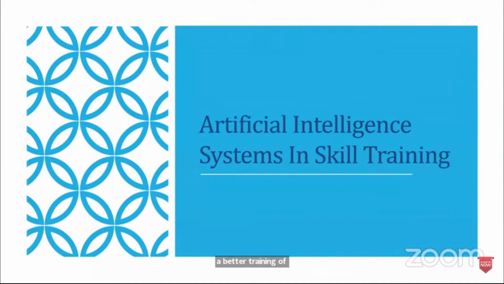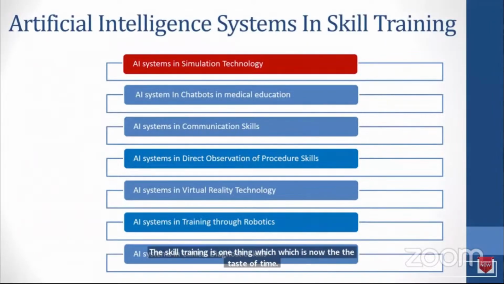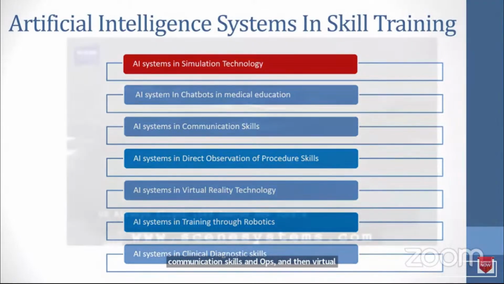Now, skill training is one thing that is now the test of time, where various types of skill training are available. We are not discussing teaching or the cognitive domain. We are discussing how AI systems can be used in skill training: simulation, chatbots, communication skills, apps, and then virtual reality and robotics. Now,